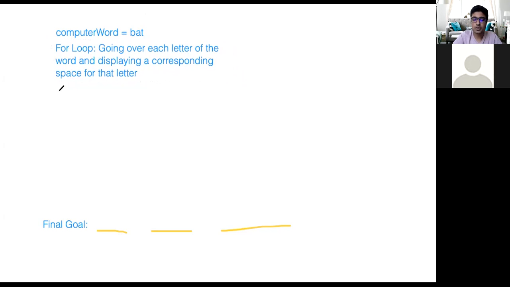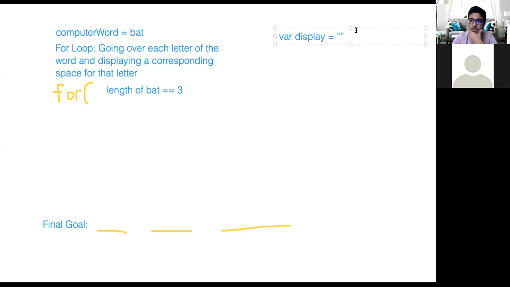So if I write some pseudocode, pseudocode is a fancy word for some fake code, which is like a general idea, just to lay our ground out, right? So how about we have a for loop which is going to be running for the length of the computer word. So the length of bat would be 3 times, right? And then inside of our for loop, guys, we will need to be displaying. So we are probably going to need to create another variable called display in order to hold the word, right?